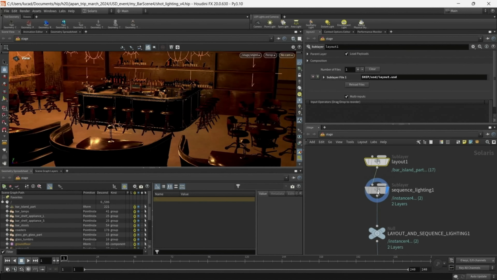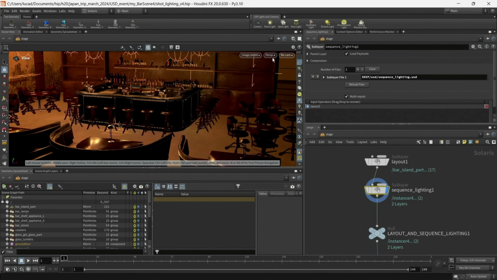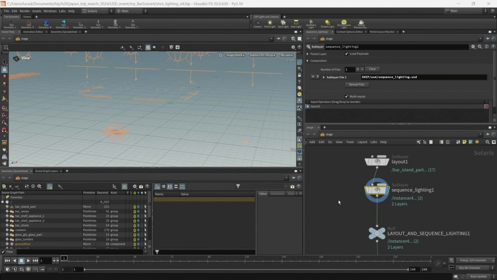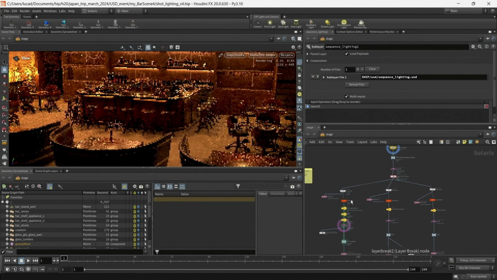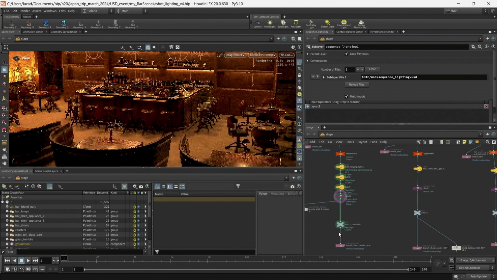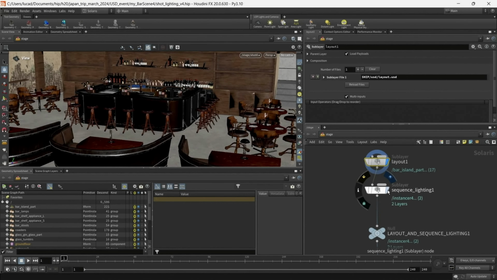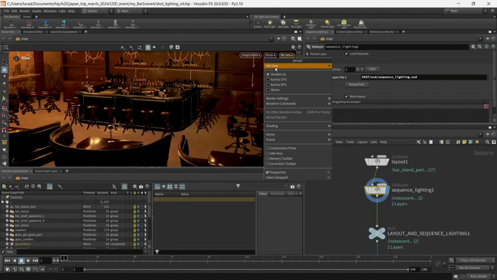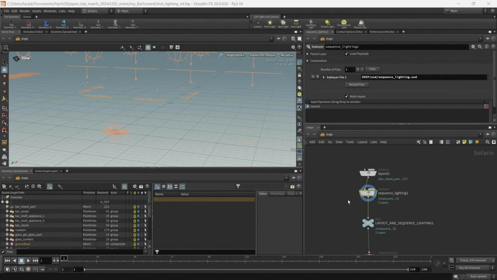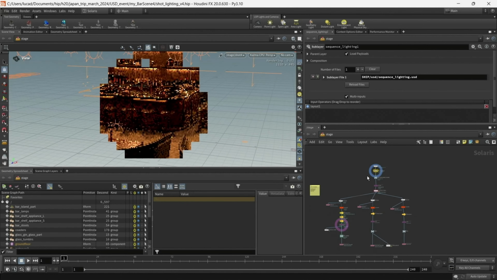Once he's completed this task, he can start adding his own lights, working on the individual shots in the sequence.